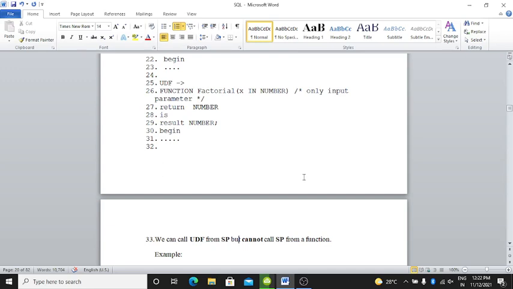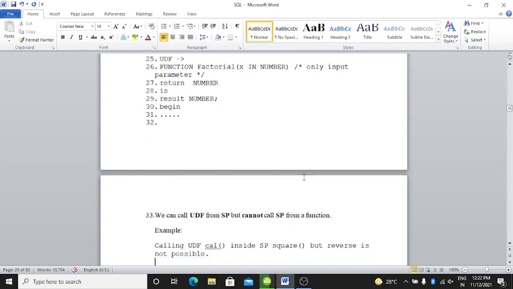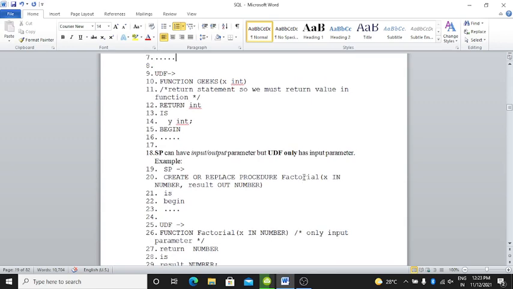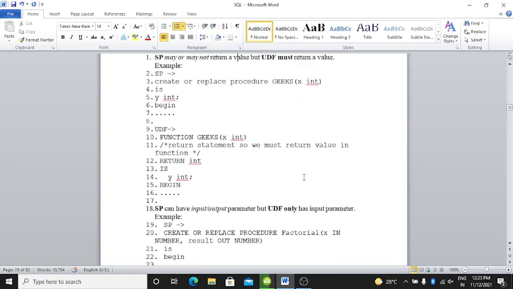Okay. Then we can call UDF from SP but cannot call SP from a function. Read these points about SP and UDF. Then we will move further.